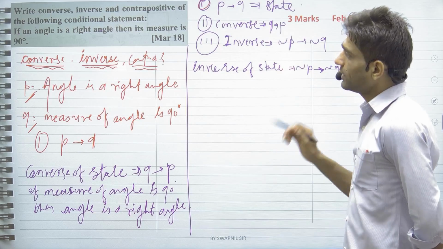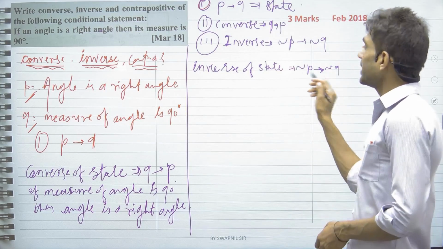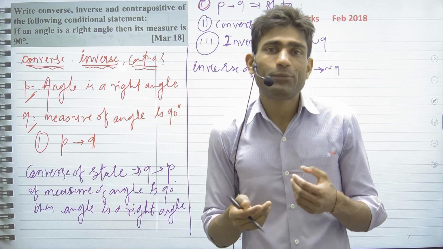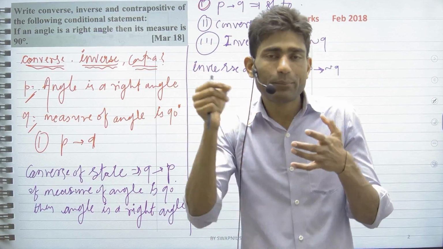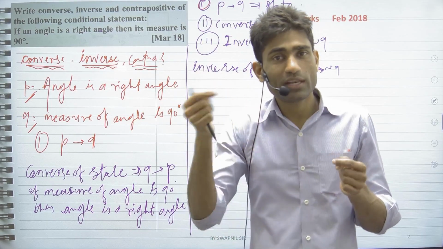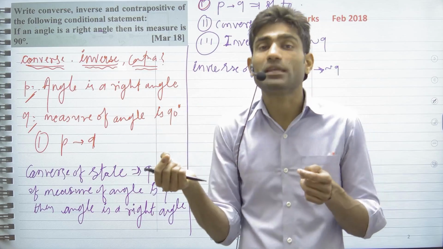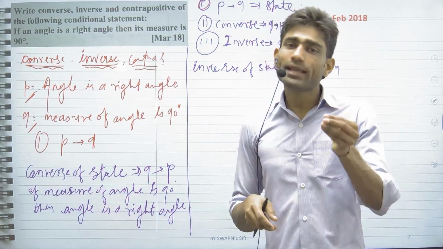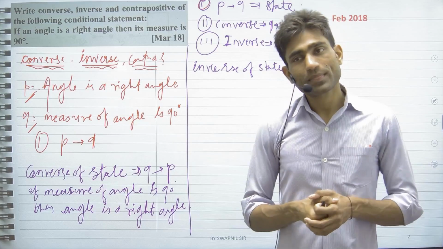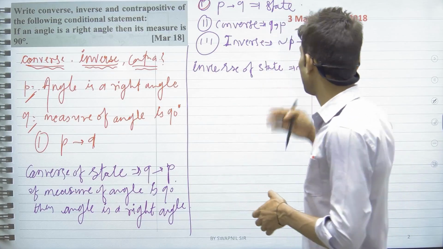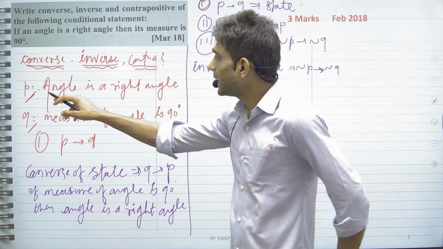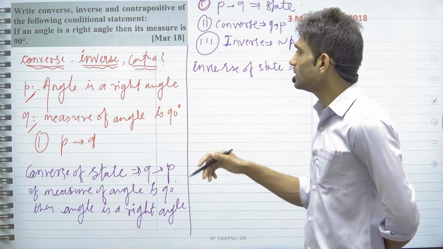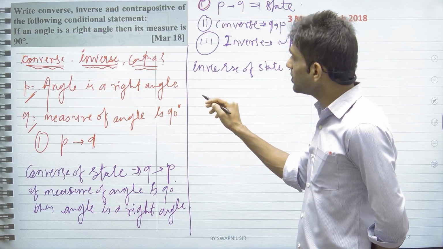Now let's write the inverse of the statement. Negation of P means the negative form of statement P. So if statement P is there, then its negation gives us not P. We have to introduce the word not in a suitable place. Let's write the negation of P first. The P statement is: angle is a right angle. Then the negation of P says: if angle is not a right angle,